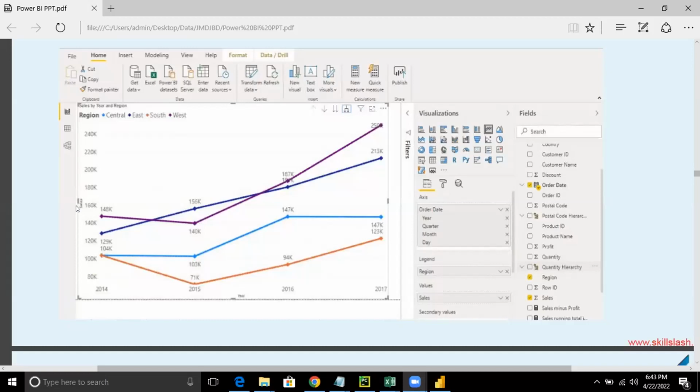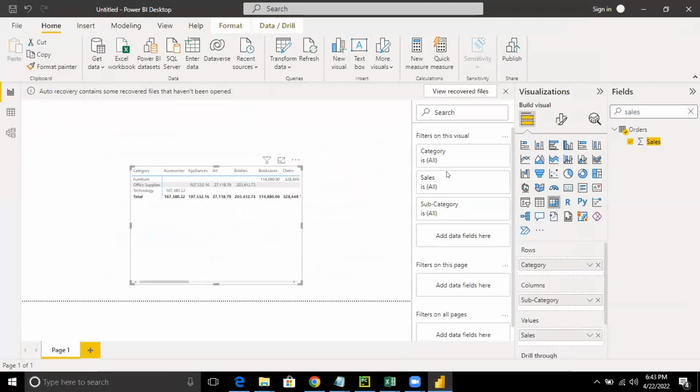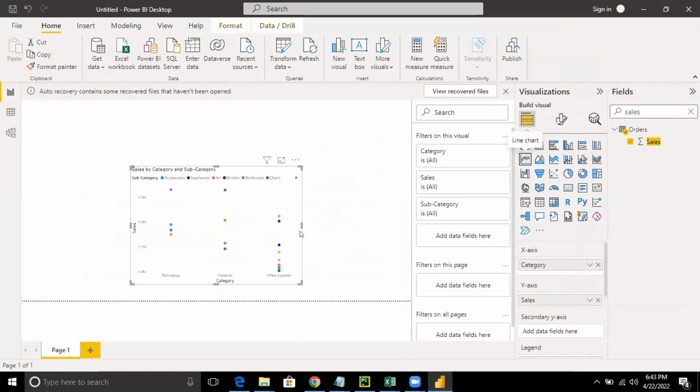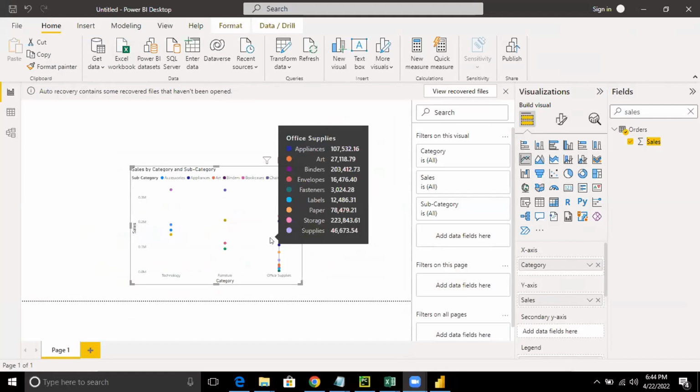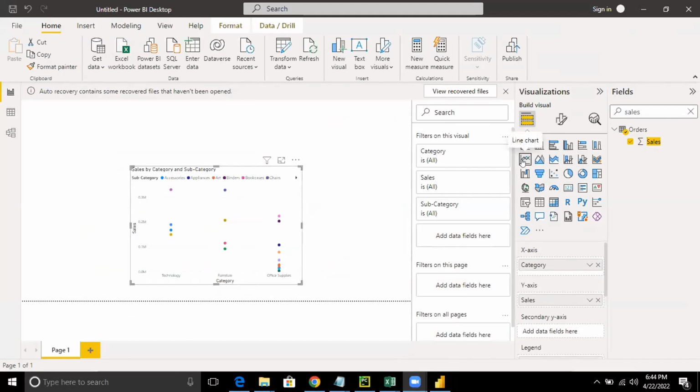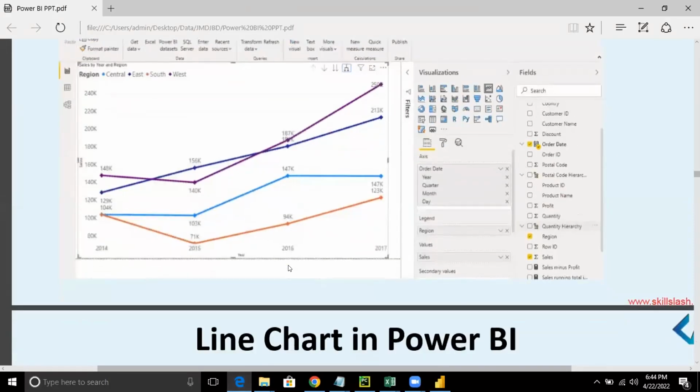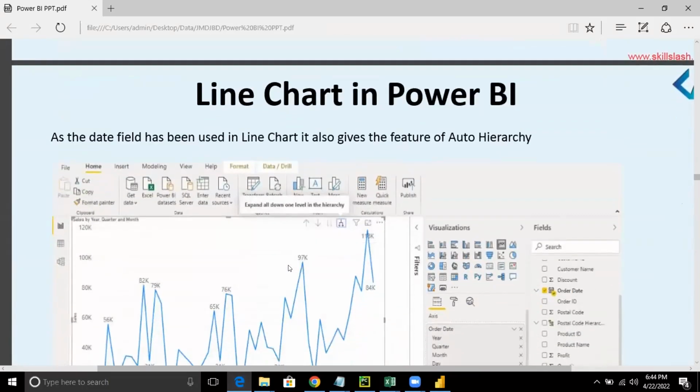Okay. How do you locate the line chart? Let's go to Power BI. This is the chart, this is the visual. And see, this is the option where your line chart is. So you can create the line chart. Obviously, my data is not very good. But if you plot it using this option, the first option in the second column, you will be able to make a line chart very easily, something similar to what I have shown you. So that's how a line chart gets created.